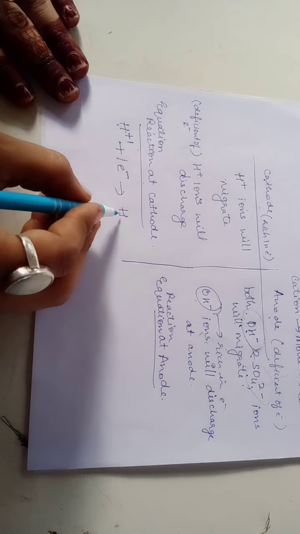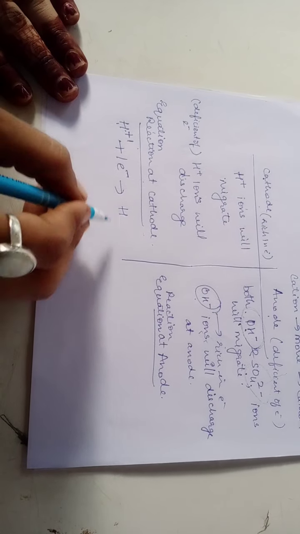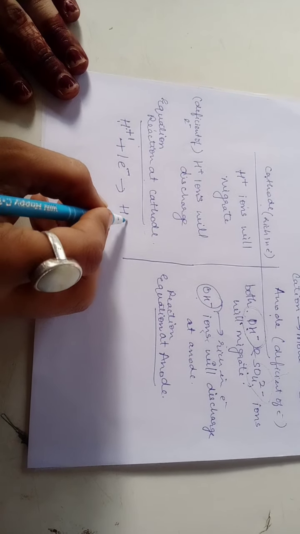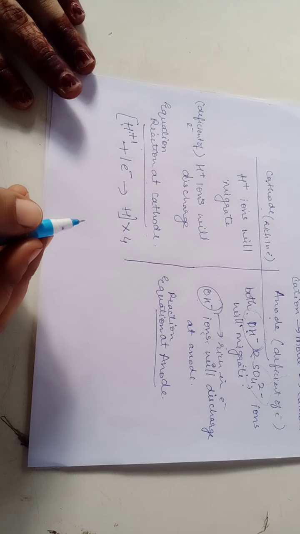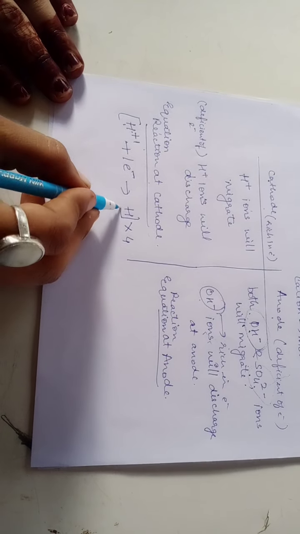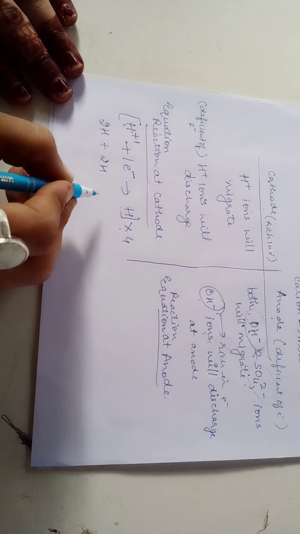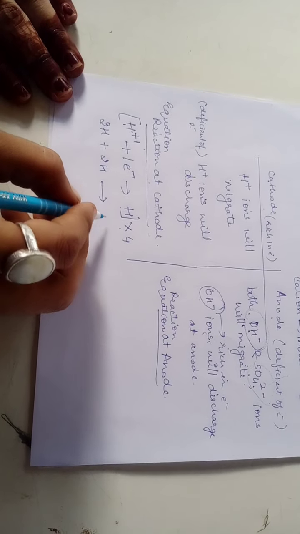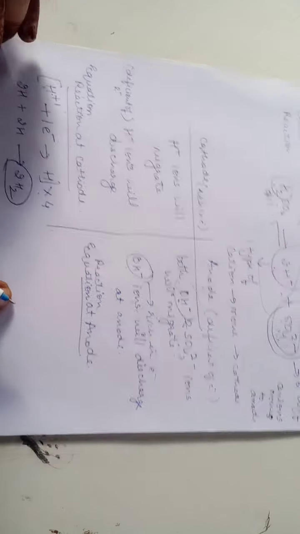Okay. Now this equation can be written in many ways. In some textbooks you will find that we will multiply this whole equation by 4. So what will happen? 4 हाइड्रोजन एटम्स में 2 हाइड्रोजन और 2 हाइड्रोजन रिएक्ट करेंगे और ये क्या फॉर्म करेंगे? यहाँ पे 2H2. चिल्ड्रन हमारा प्रोडक्ट देखो यहाँ पे क्या है?